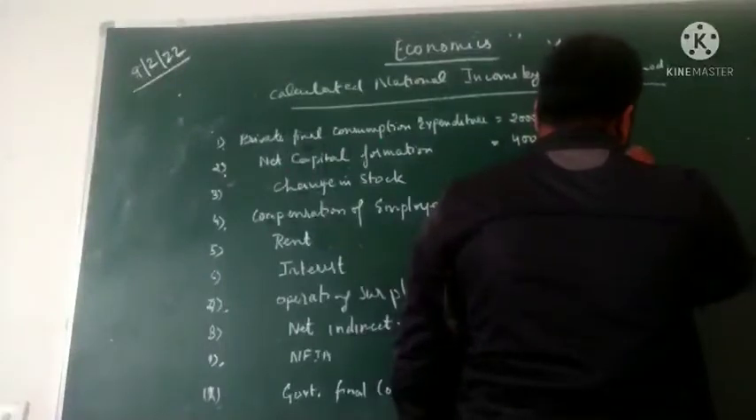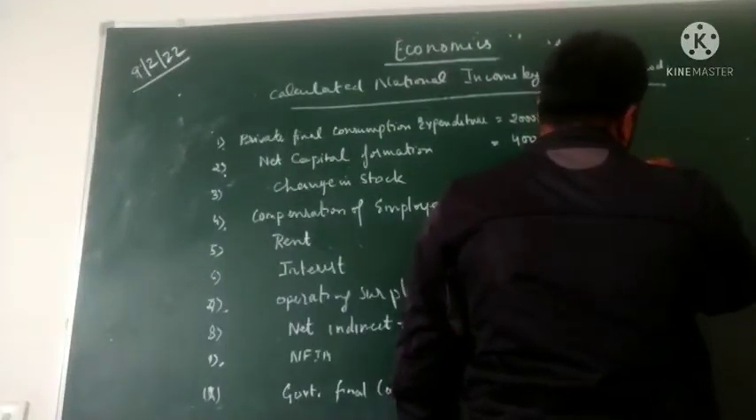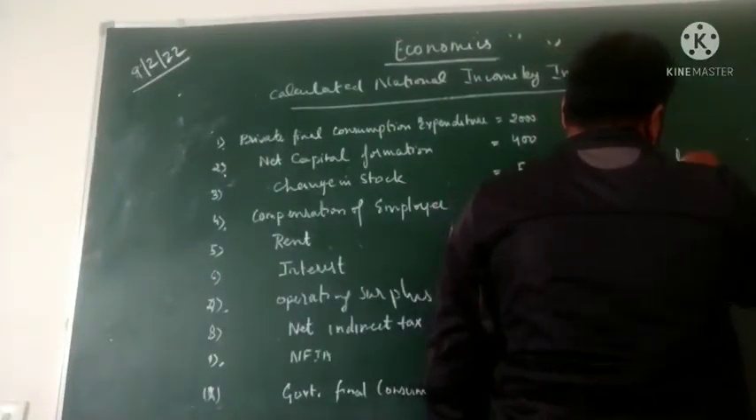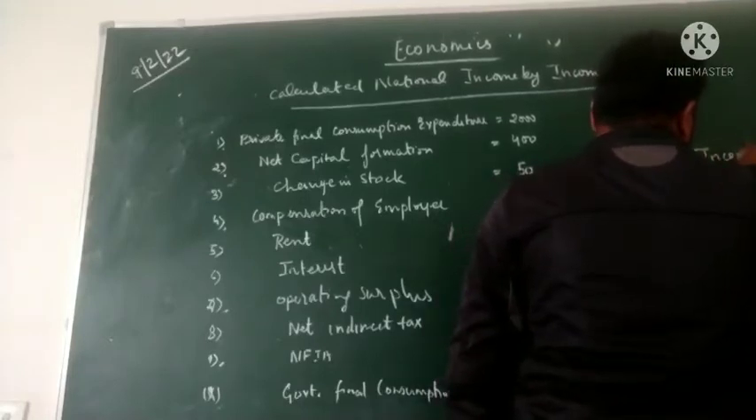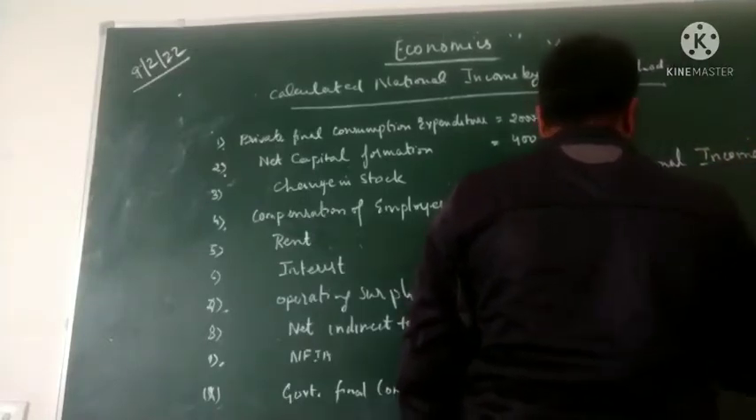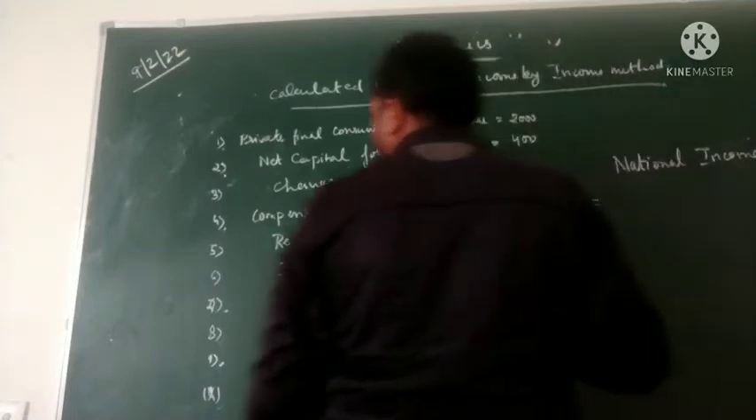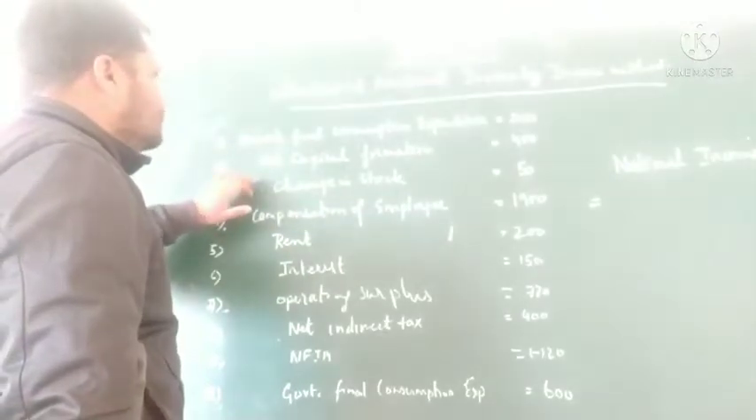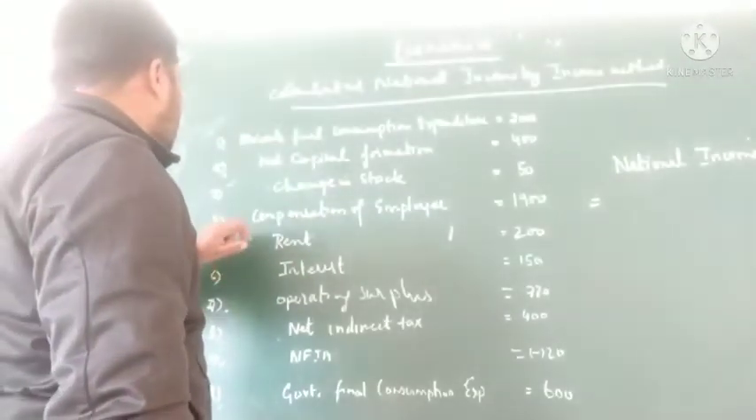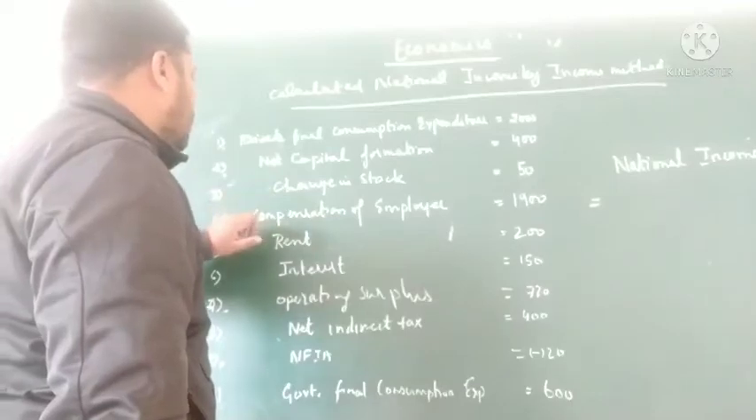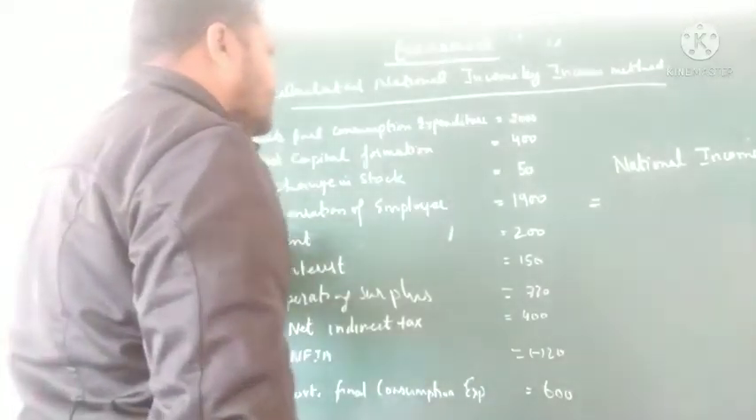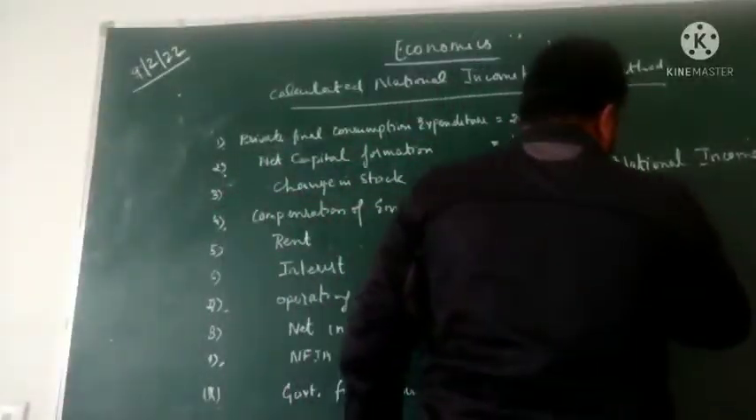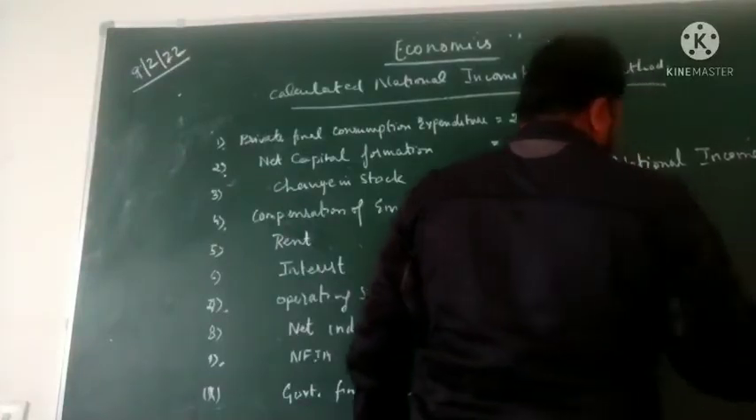We know the components of the income method. So in the calculation of national income, we include the data here: private final consumption expenditure, net capital formation, change in stock, and compensation of employees. So we take the compensation of employees, that is 1900, plus